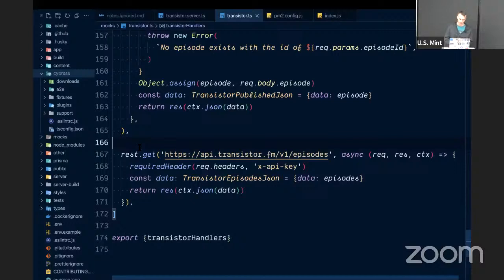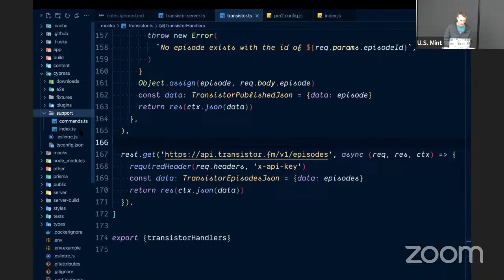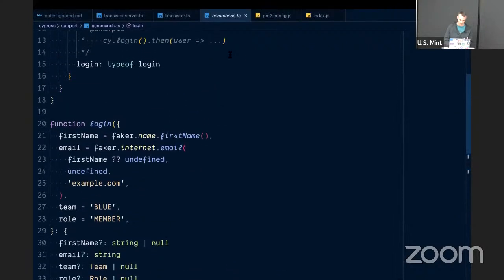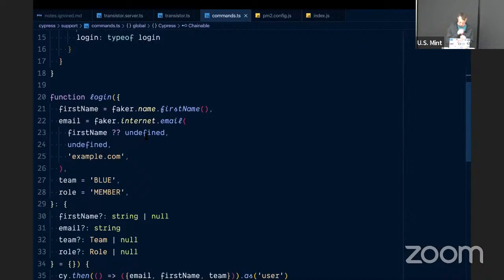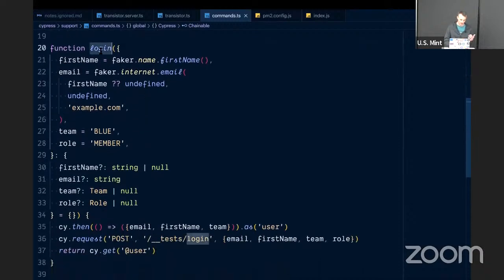So the way that it works in Cypress, because I'm using magic links for my authentication, I probably could make some special endpoint that just gives me a cookie. And I do that in other apps. But what I did in this one, I think is actually kind of interesting. I have this special command in Cypress where I can say cy.login, and that will give me a new user that I can do whatever I want with, like record a call, as one of my tests does.